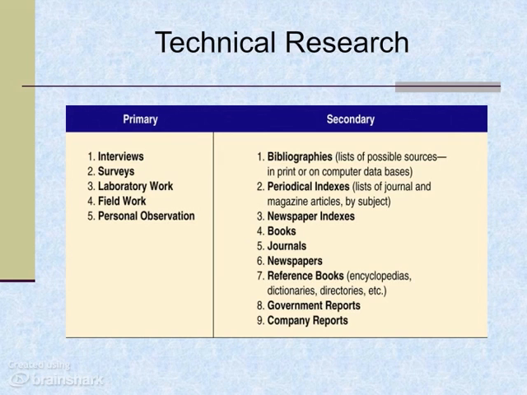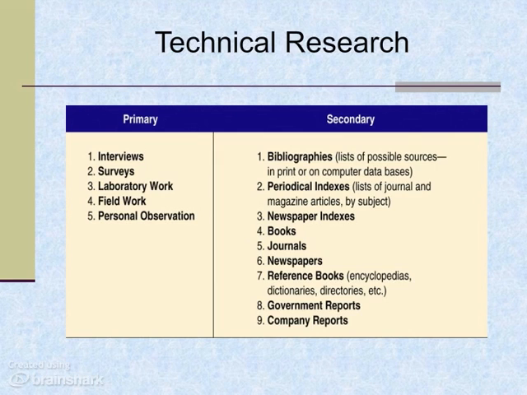Many times you could go into a library and get these fat volumes, and they would list all the articles that have come out of popular journals such as Time magazine, Newsweek magazine, Scientific American. All of these are what are considered popular journals. However, you could also find indexes such as Chemical Abstracts, which contain all the scholarly or academic journal articles that have been published in a month or a year,